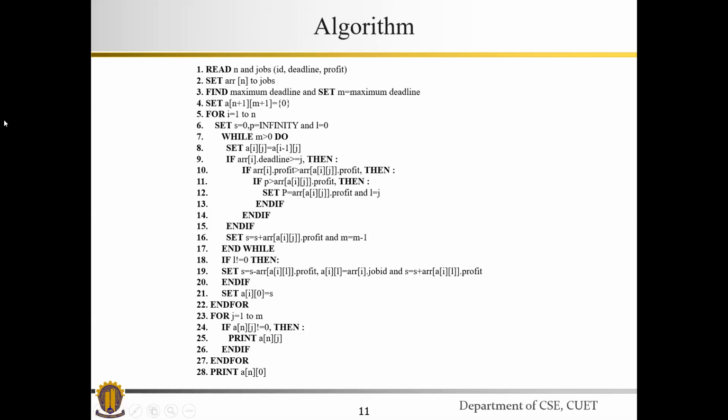At first, here we use two loops. First we traverse all the jobs in this loop, and here we traverse all the deadlines from last to first. Here S is for the summation of the rows, and this one is for checking the minimum job profit, and this one is for log. This is the log from last to first for each row. For each job from last to first, the column will be searched to see if the three conditions are fulfilled: the job is within the deadline, it is within the profit, and it replaces the minimum job profit. If these three conditions are fulfilled, then we replace